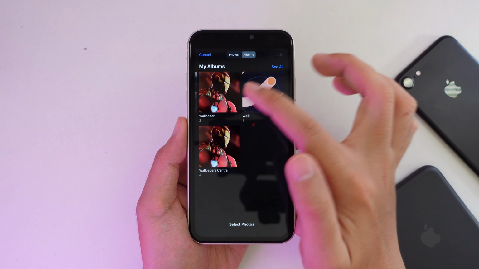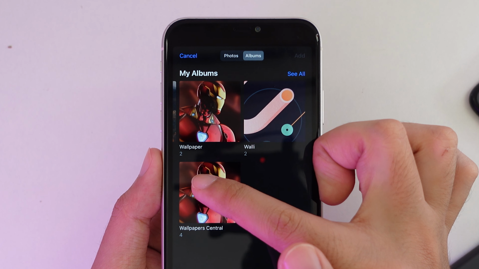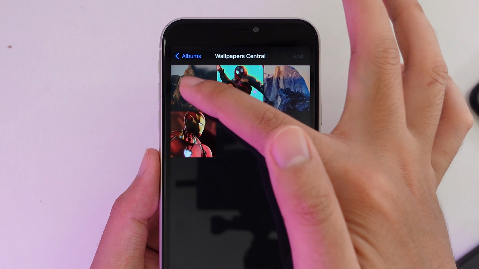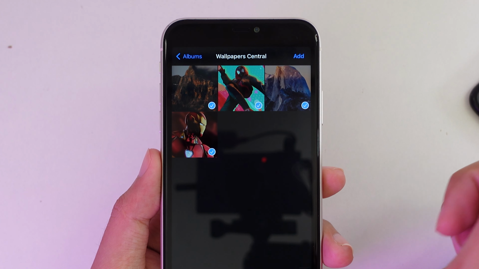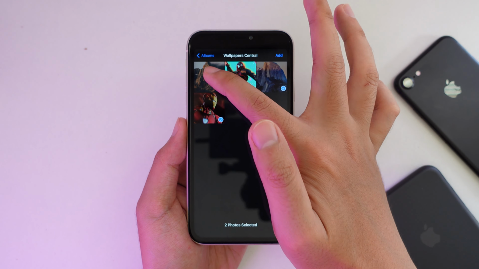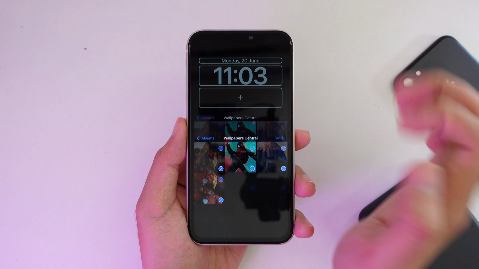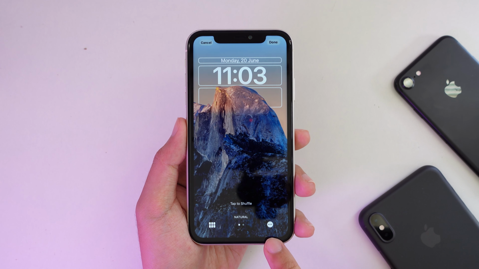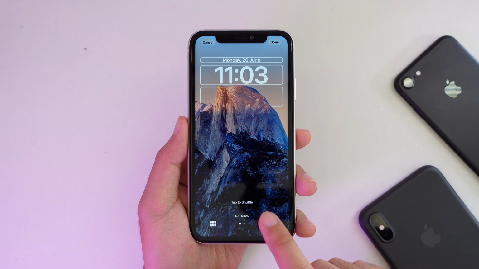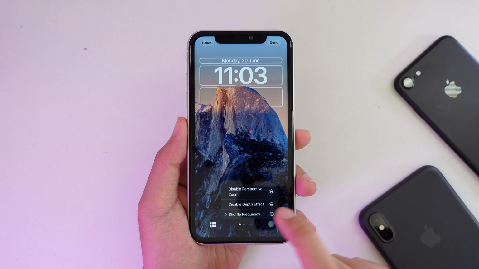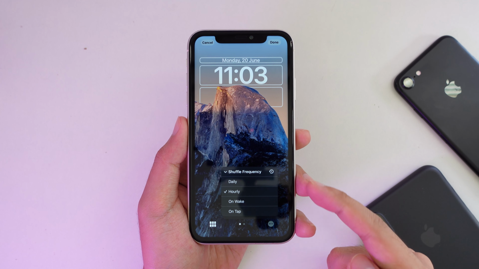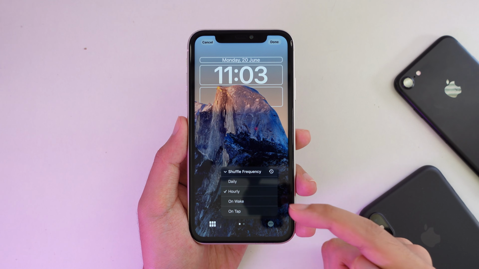In my case, I'm gonna go ahead and select this. Let's say select this one. I have like 4 photos here. You're gonna go ahead and select the photos that you like, then click on Add, and after that you're gonna find this 3 dot at the bottom. Just tap on it. Then you're gonna go into Shuffle Frequency, and you can either go into